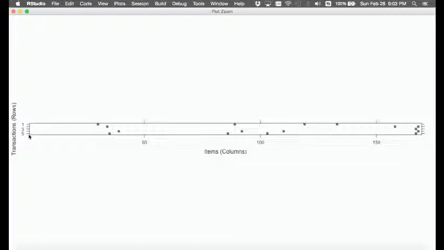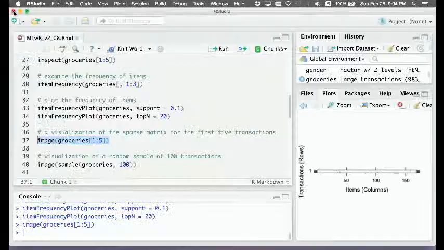And for transaction 5, we can also see four different items purchased. You can also see that there's one item purchased in both transaction 3 and 5, and another item purchased in both transaction 2 and 4. This visualization of the matrix is very important for getting a general idea of the distribution